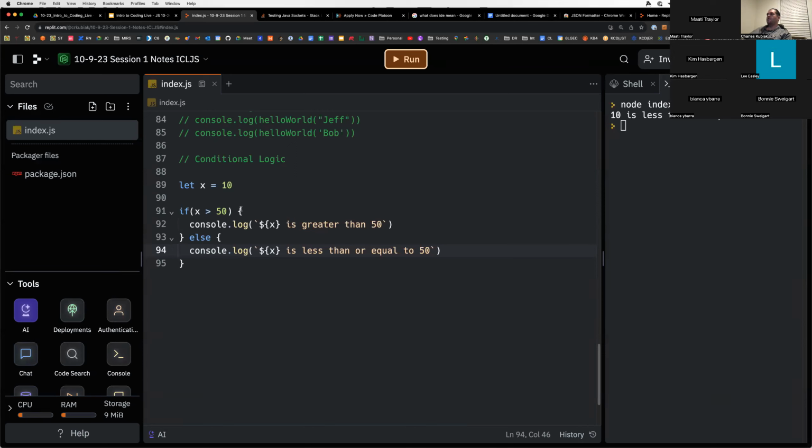Okay, so I need to do else if, and we'll say X is triple equal to 50, then we'll say X is equal to 50, else